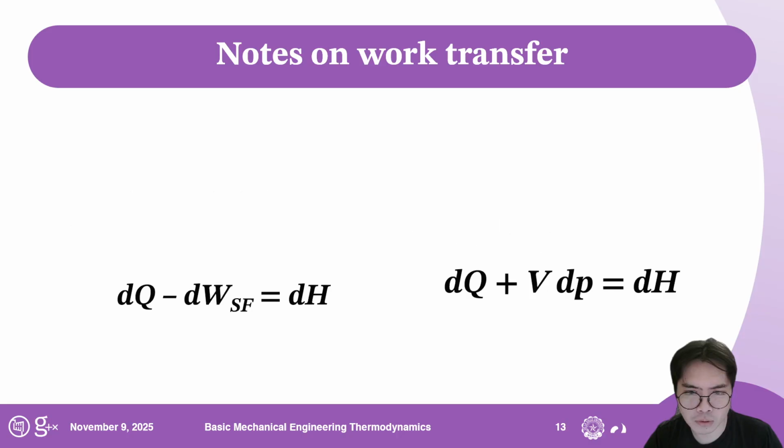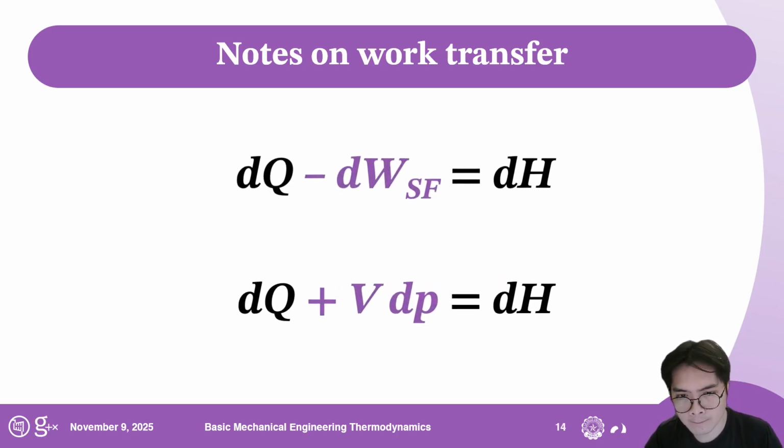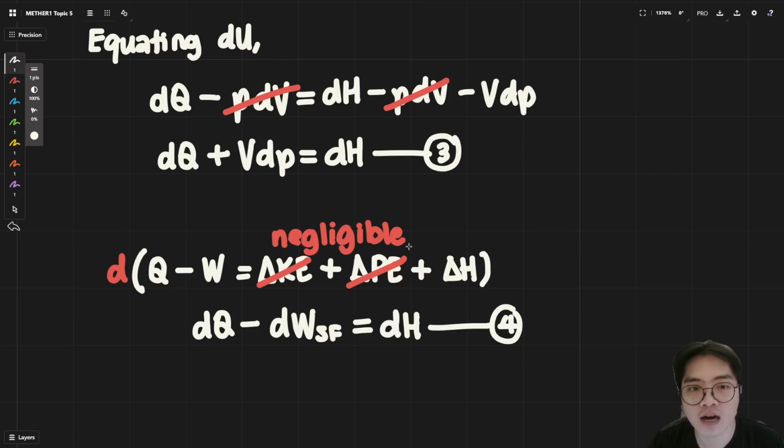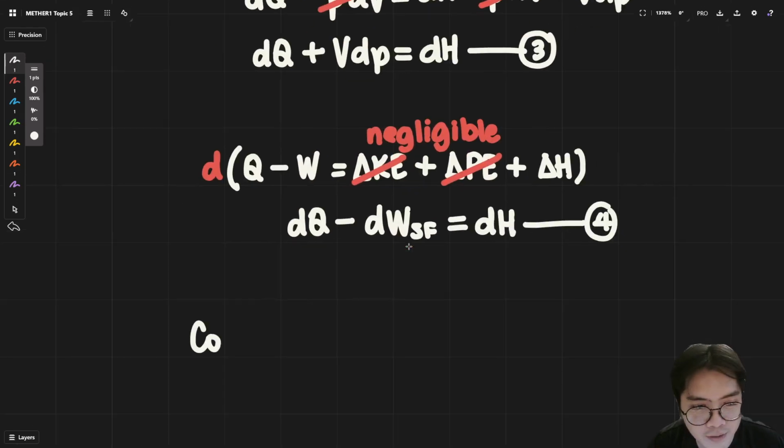Now notice these two. This is basically equation 3 and equation 4. They're basically the same. And they are the same. They're both true. That's what I mean. That means if they're both true, then we can say that these two highlighted terms, negative dWSF and VDP, are the same. Comparing 3 and 4,